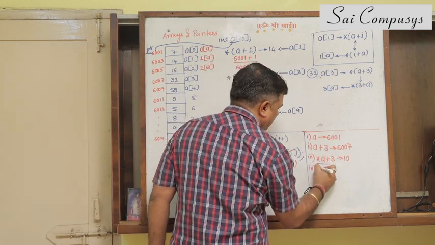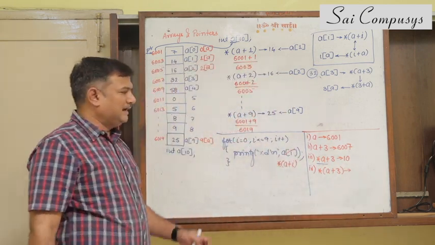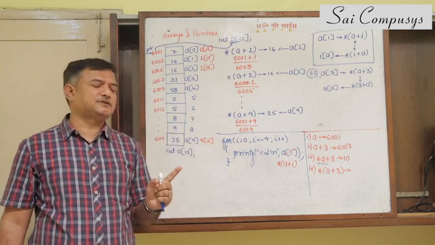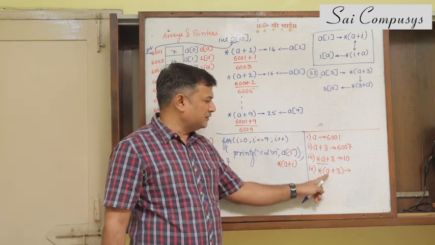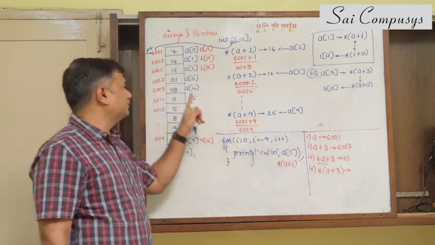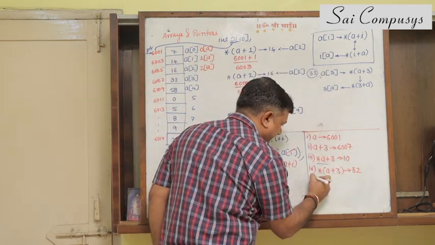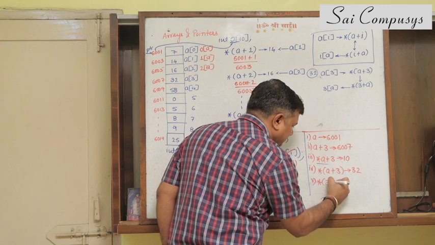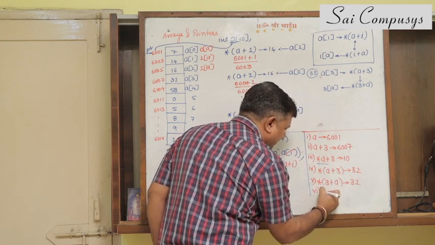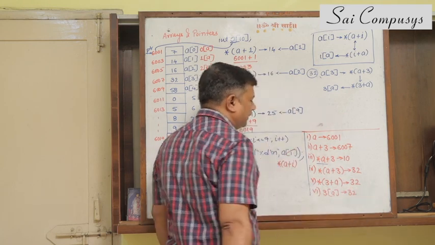But the things are different if I write down this. Now because of the bracket, A plus 3 is solved first and then star is placed. A is 6001, plus 3 gives me 6007. The value at 6007 here would be 32. Similarly, star 3 plus A is actually A of 3, which gives me 32. Similarly, 3 of A is actually A of 3. This also gives me the number 32.